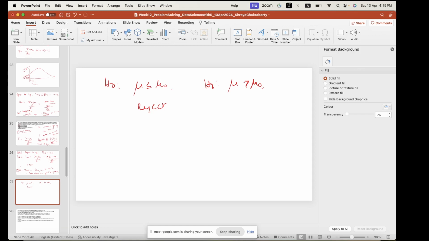Usually the alpha or the rejection rule will be based on whatever is happening over here. So in all the examples that were shown in class, usually if there is a greater than sign over here, then it is this side, and if it is a less than, then usually this side is happening. So in whatever example you are going to do, this rule will follow, but